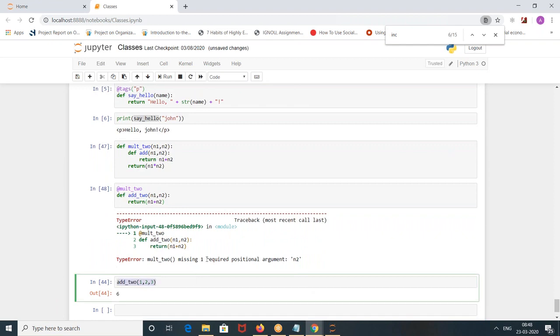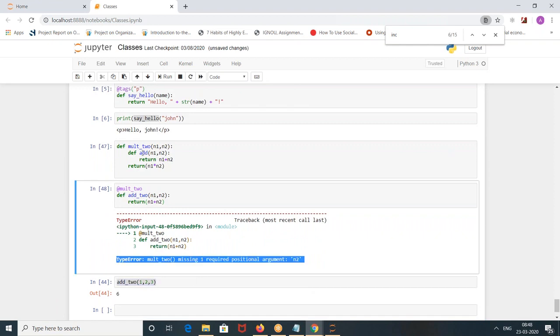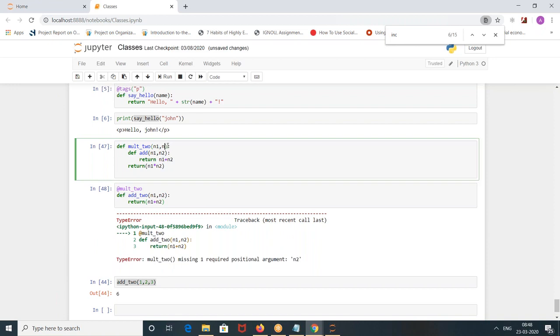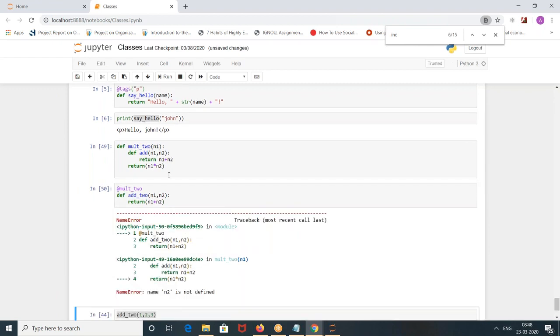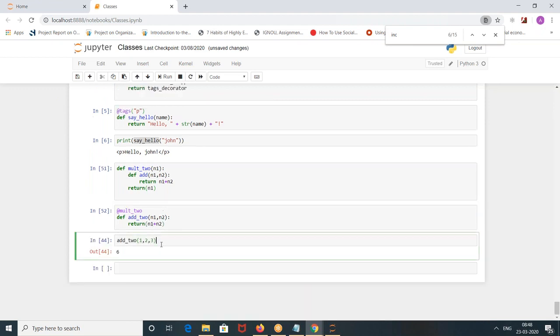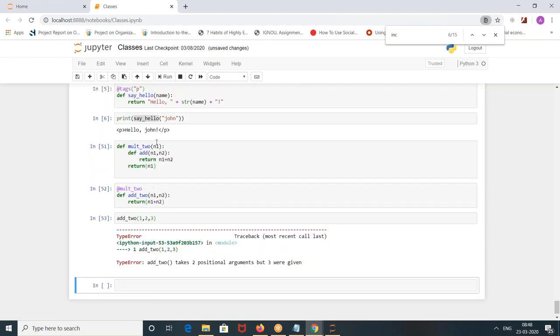Mult2 is missing one required positional argument, n2.